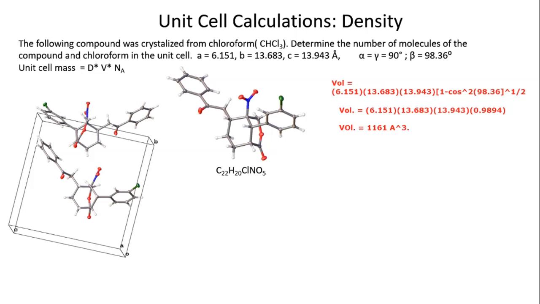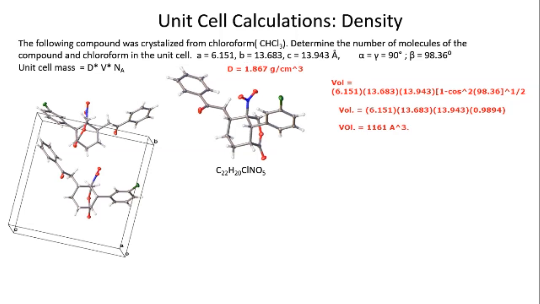Okay. So the density was 1 point. So that's what should have been given. I had to give you the density in order to solve the problem. So density equals 1.867 gram per centimeter cubed. So now we have the density, we have the volume, but the volume we have to convert to centimeters